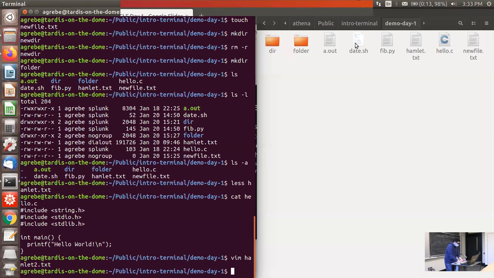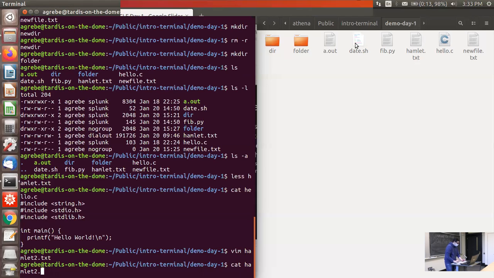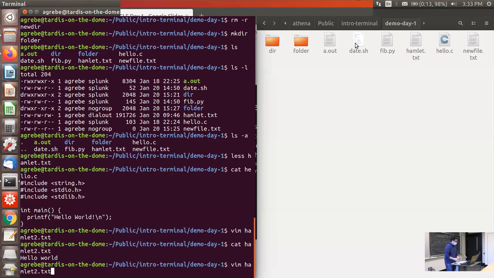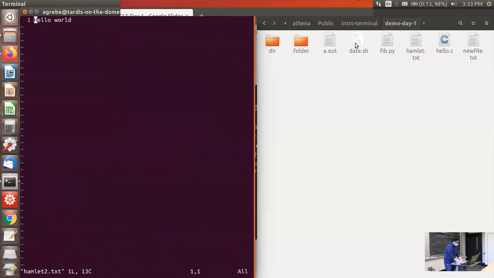So let's print what we have. And it's right there, hello world. But let's say we go back, and let's say we edit a bit more, and we don't want to actually save this. So what we can do is just colon Q with an exclamation point, and this will just exit and not save. Or if you just want to save, you do W. So those are the three different modes of file manipulation in terms of saving and closing.